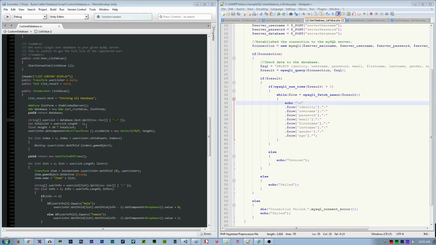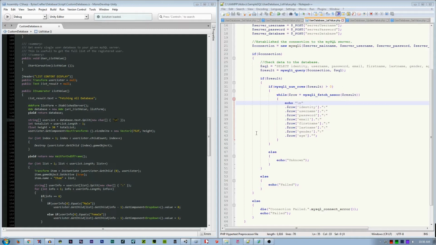Why did we subtract 1? Because of the first value, to separate this from a null value. For example, if this is only one username, the string split will cause 2 values here, which is null first here.